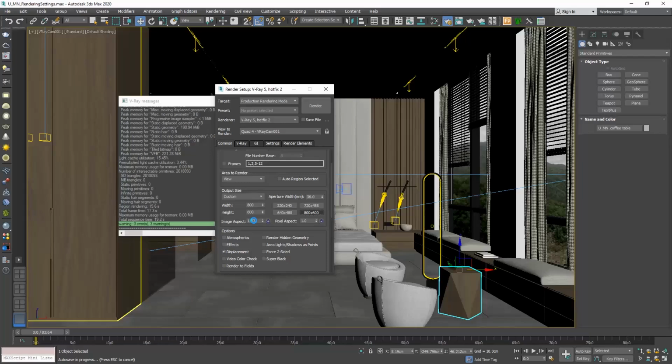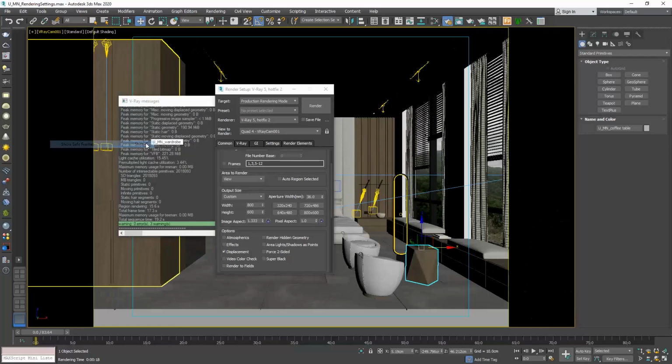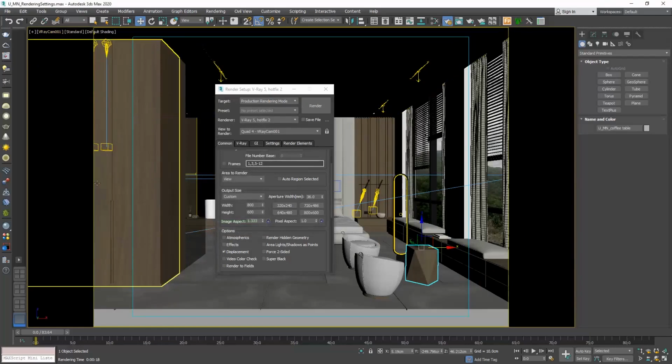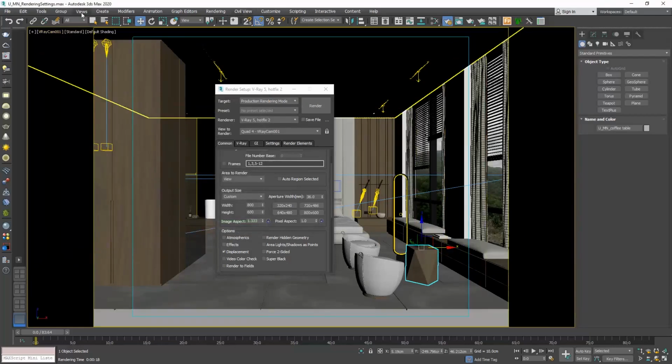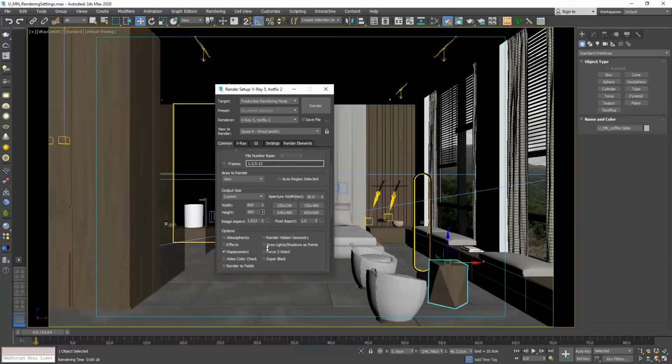Now, let me explain to you more these values. For the viewport to adjust to the select ratio, we need to enable Show Safe Frames. To do so, click Shift F or click the camera's viewport name label, this one, V-Ray Cam 001, and turn on Show Safe Frames from the drop-down menu. These are the safe frames, and what is inside them will render. So if I click on these arrows and scroll up or down, I can increase or decrease the size. I can make it more of a